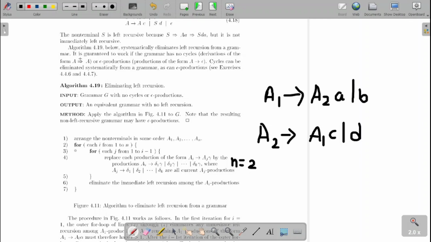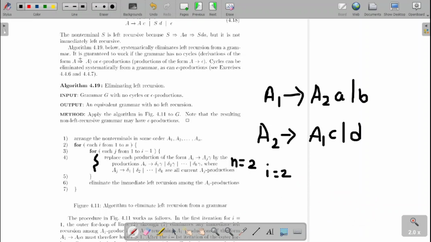First, we will enter into the for loop for i equal to 1 to n. So the initial value of i will be equal to 1. Then j will take up the value from 1 to i minus 1. So 1 to i is 1, 1 minus 1 is 0. So 1 to 0 won't happen, and we will skip this part because j equal to 1 to 0 is not possible. Then i gets incremented. Now the value of i will be equal to 2.